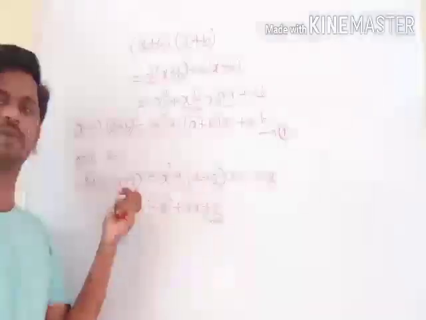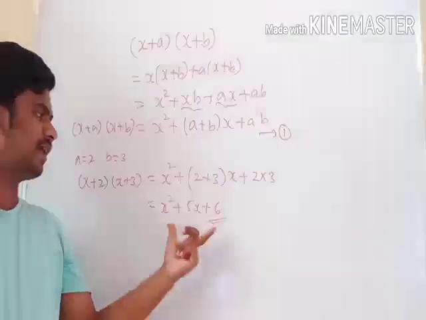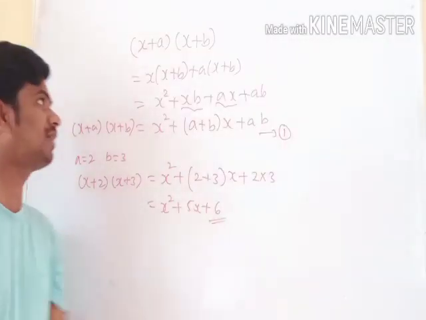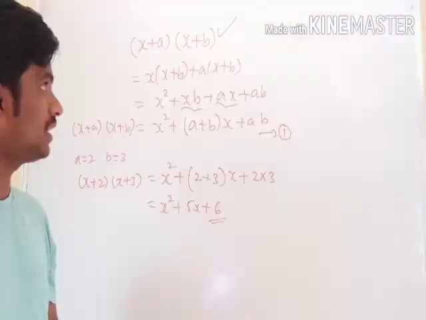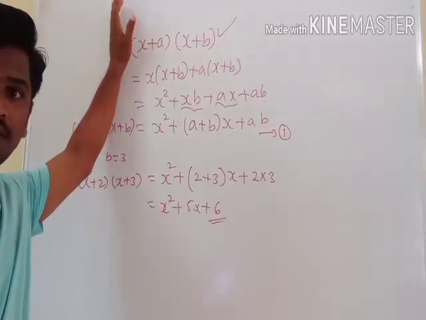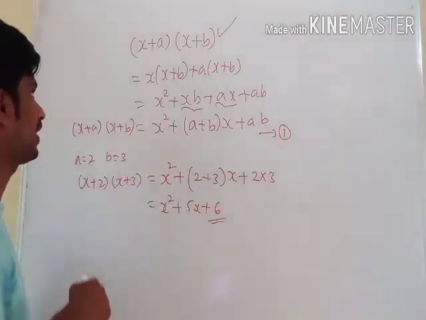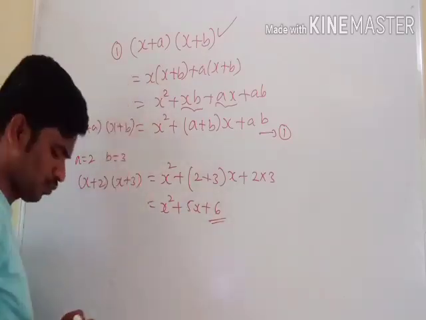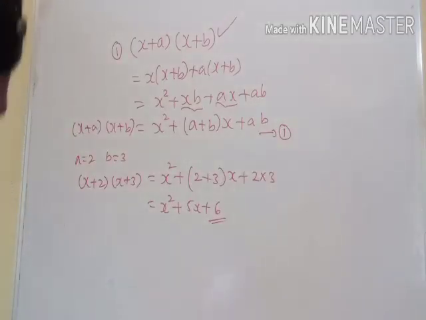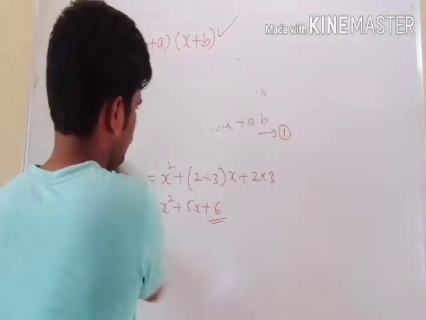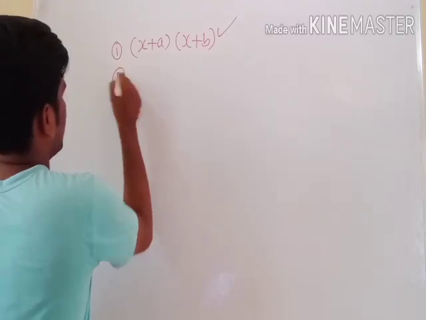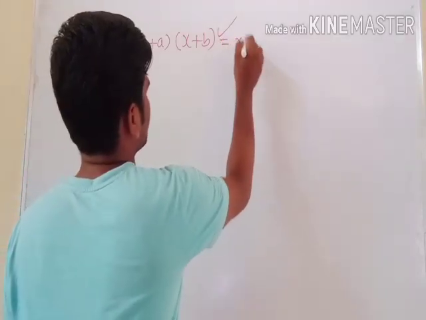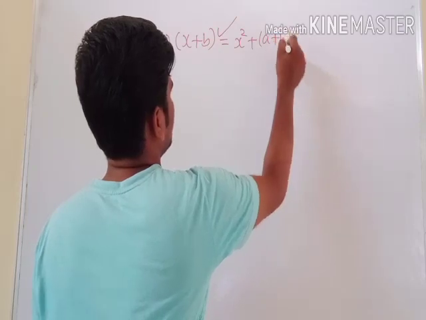See, directly we can get the product of (x plus 2) and (x plus 3) instead of multiplying all those. Directly we can write it in a single step. That's why this is called a special product. Then you may ask one question, is this the only special product? No, there are so many special products. In that, this is one. Then what are the different special cases? See, I will write those. First one, you write this is equals to x^2 plus (a plus b) into x plus ab.